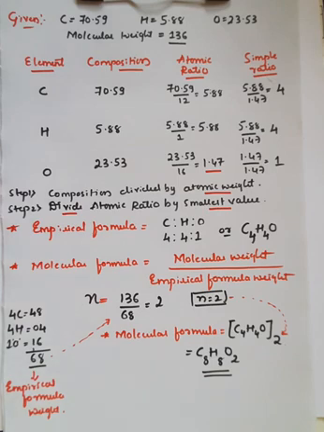So like this we have to solve, even if they give it for 5 marks or even for 2 marks. We'll see one more example of the same problem. Okay, the second example. In the second example, they have given a certain composition along with the molecular weight also. So we have to calculate its molecular formula as well as its empirical formula. First we'll write the given.